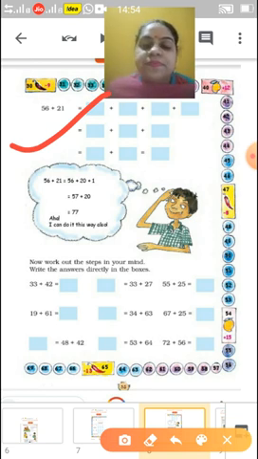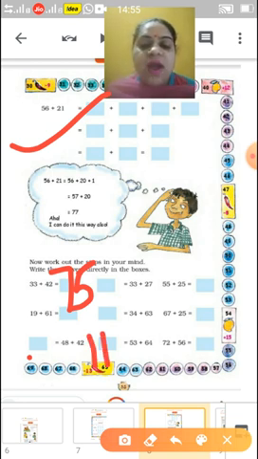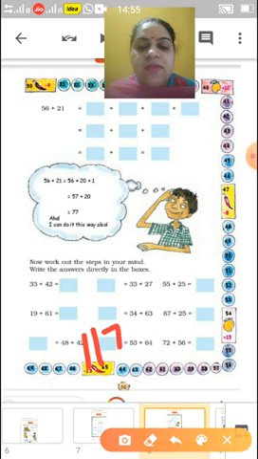Now come here. Your first 33 plus 42. Yes, very correct. That is 75. 19 plus 61. You will do on your own. Now next 48 plus 42. This you will add directly. Now one I will do for you like 53 plus 64. So your answer is 117. You will total directly and you will write in this box.